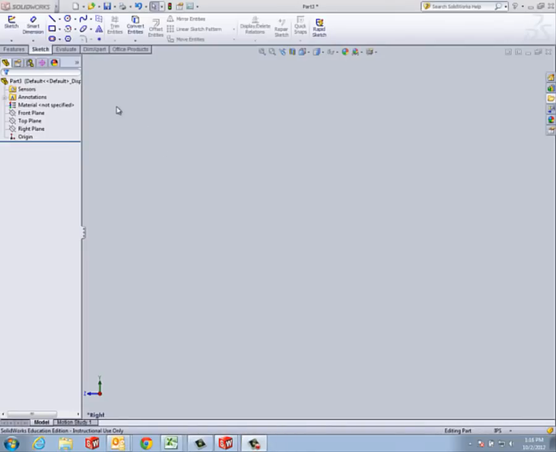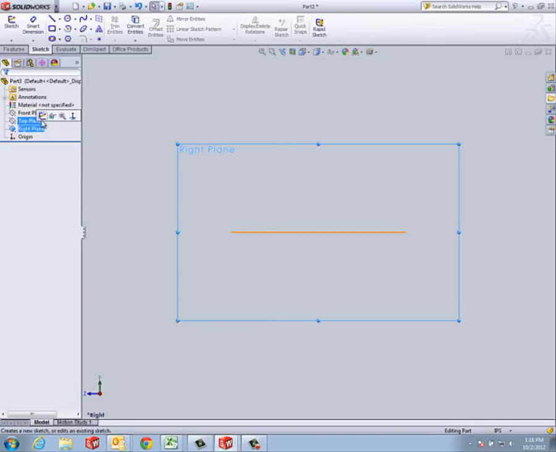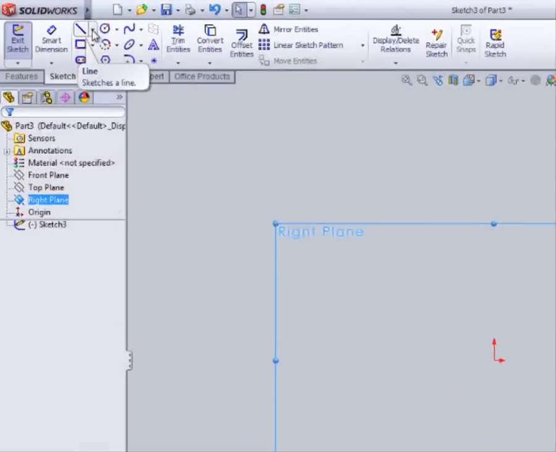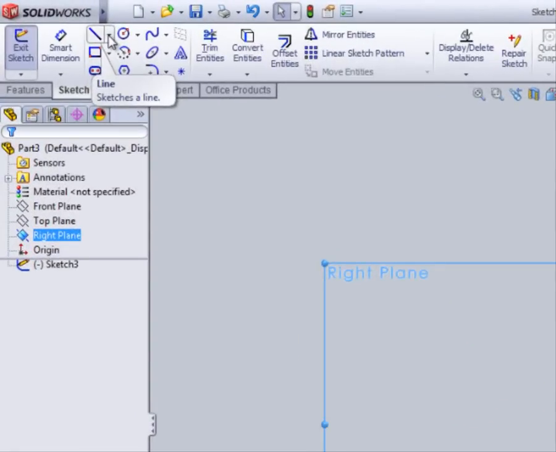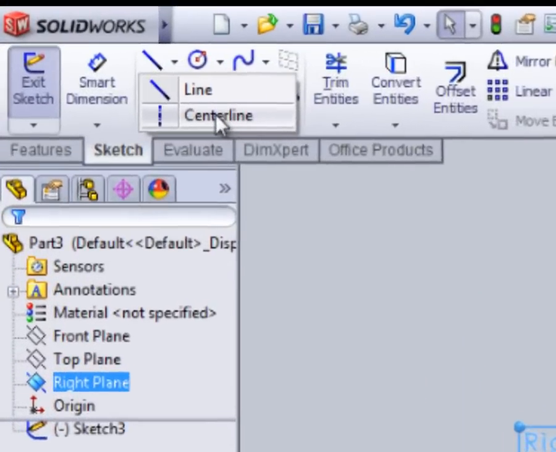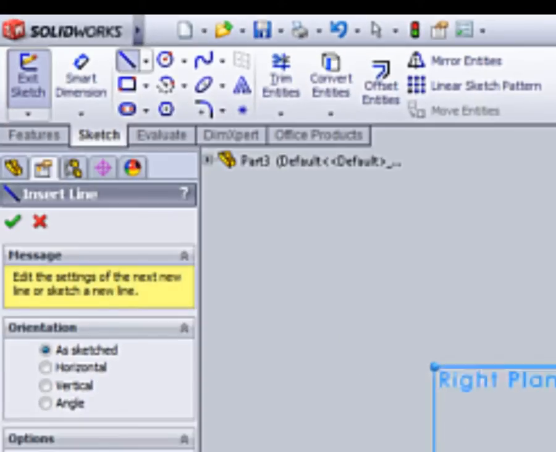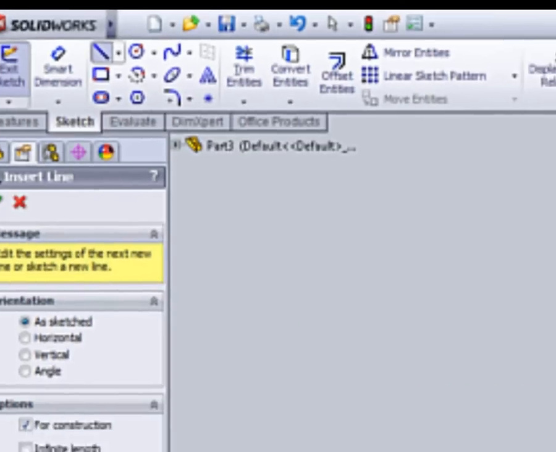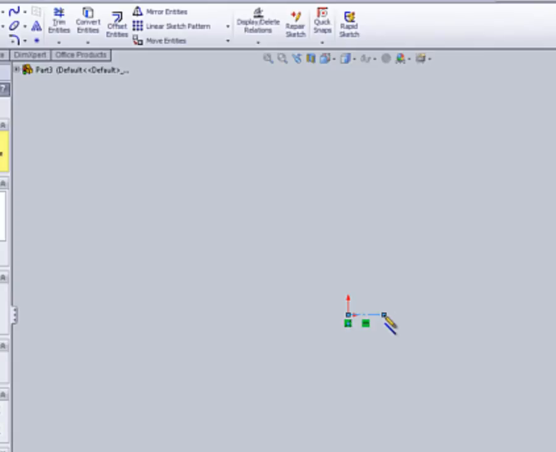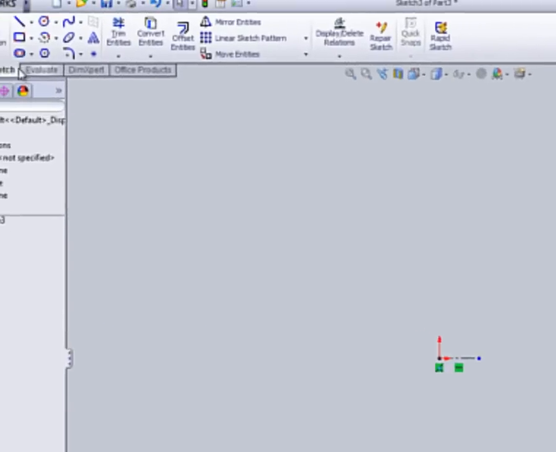Okay, now we're going to do method 3, and this one we're going to revolve a sketch around a center line. So in this one we're going to do it on the right plane to keep them oriented in the same direction. So grab right plane, click on sketch, and we're going to draw a center line. If you come up here to line and click on the drop arrow, you can grab center line, and we're going to put this on the origin, horizontal, any dimension,